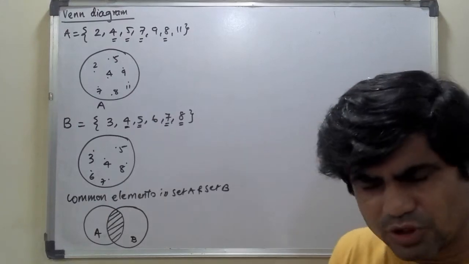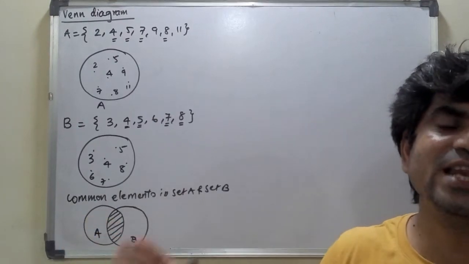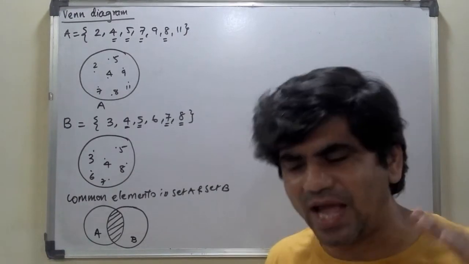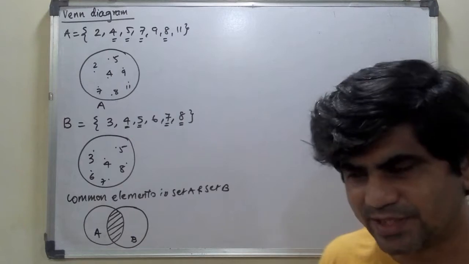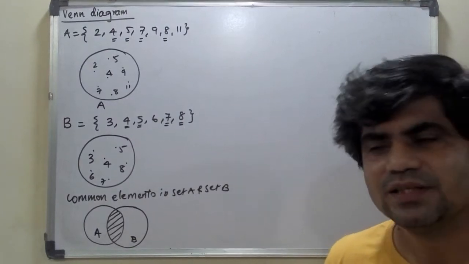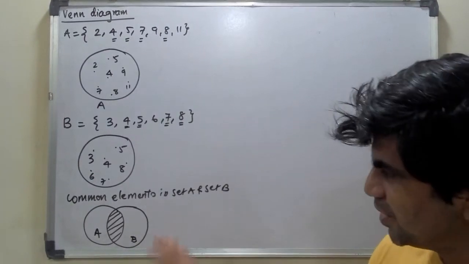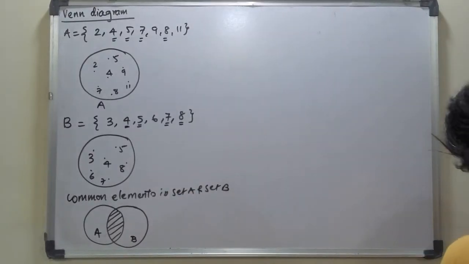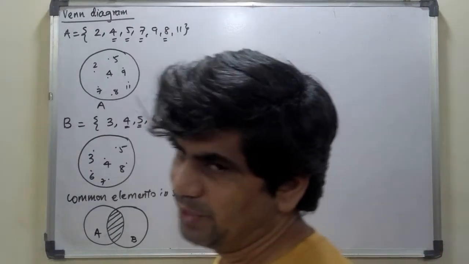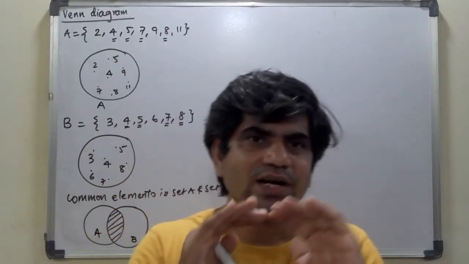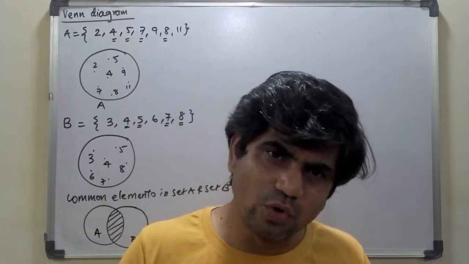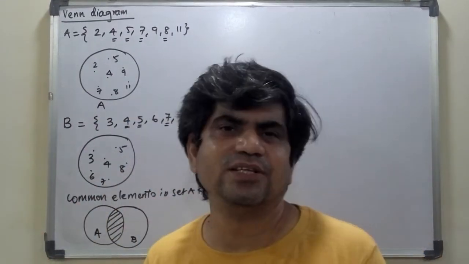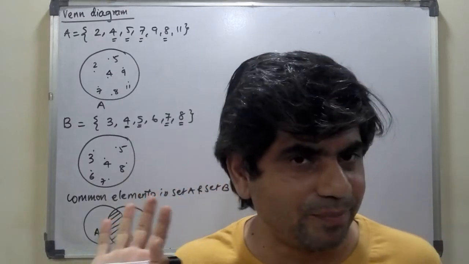So this particular idea of John Venn helped us carry out complex studies in sets. We do not have those complex studies now, but as you study further, especially after standard 10, that is 11th, 12th and further studies, this is very, very useful. So this is what John Venn said: take all elements, enclose them in a closed figure. If required, write the elements. If not required, just show it in diagrammatic form.